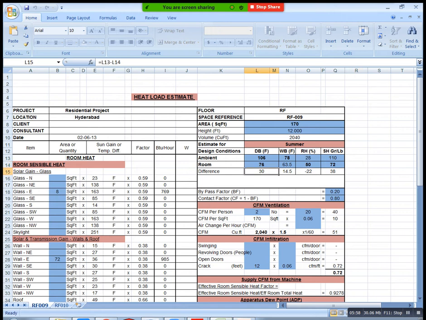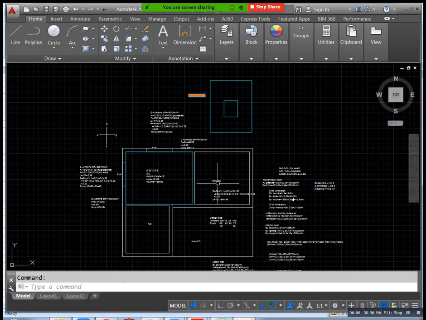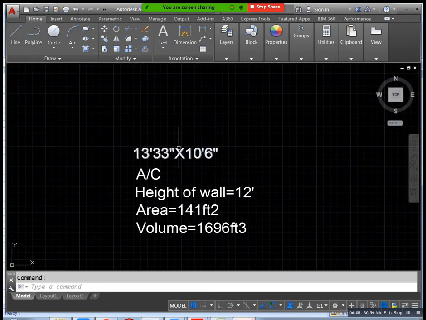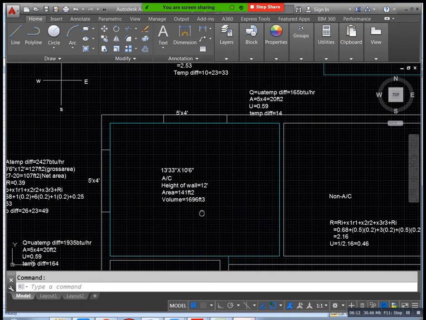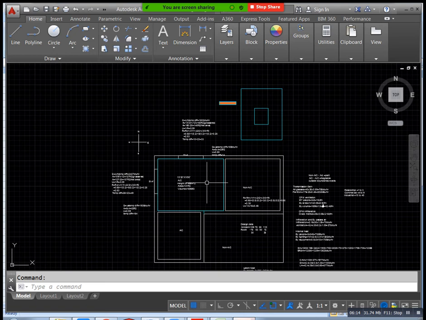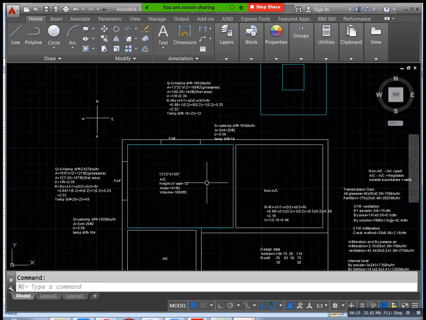Now you can see, first of all you can take one room. Here we have one room, for example this one, this is our AC room. And in this room, first of all you need to remember two or three things. What is that? Wall, partition, negligible. When you are calculating, we need to consider these three things. Okay, we need to know about this data.